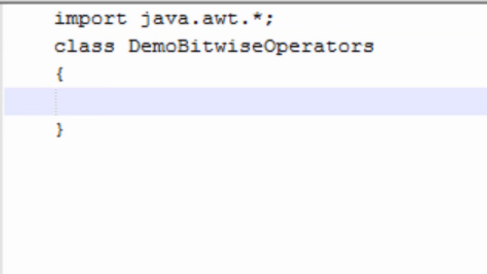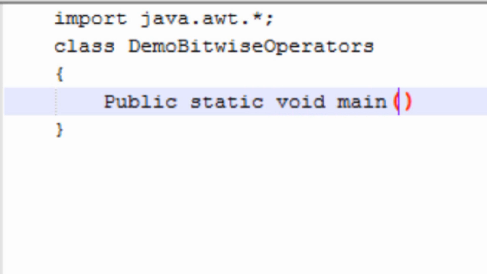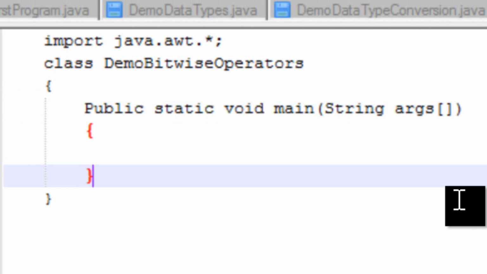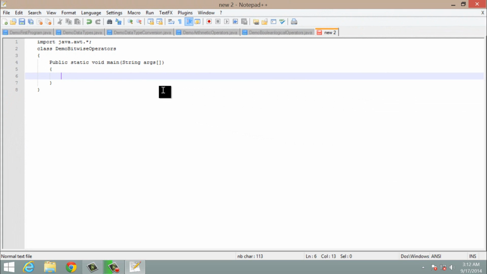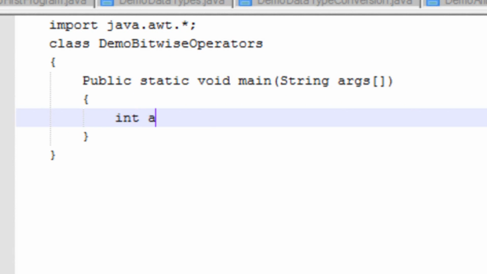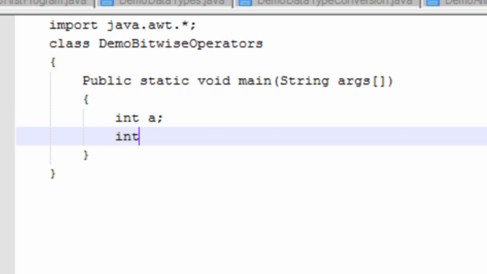Now I will make a main method. Now I will take two variables here, int a and int b.